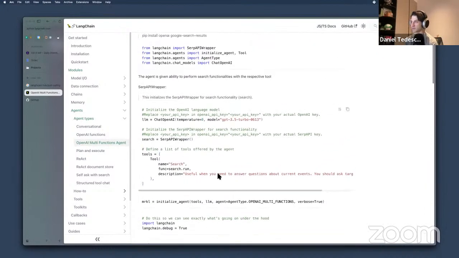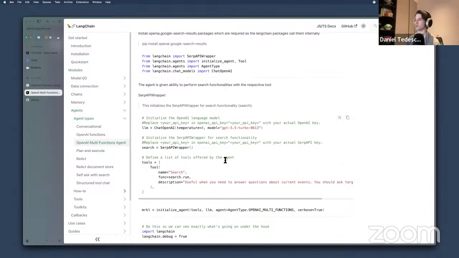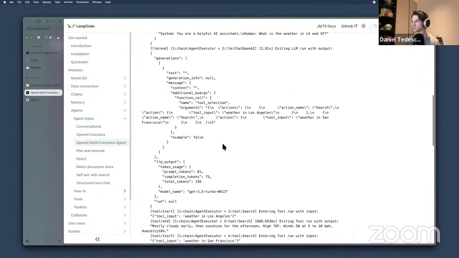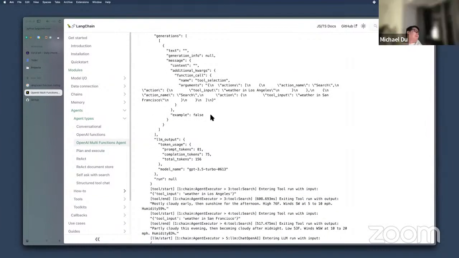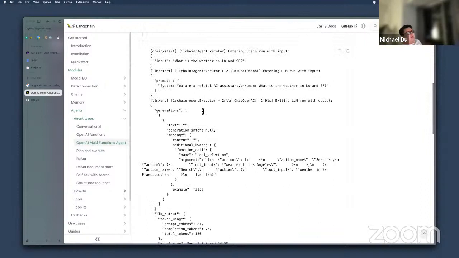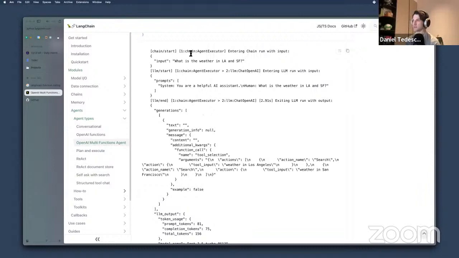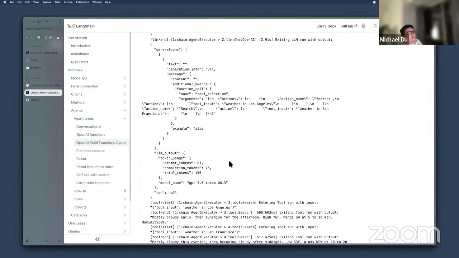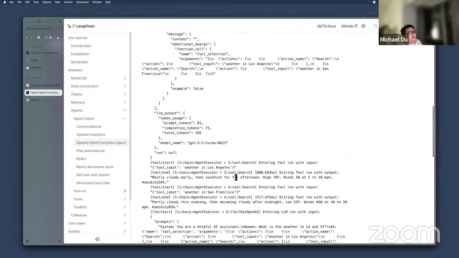This is another case where it'd be good to see a little bit more of what's going on under the hood. Maybe the tool selection came with the agent. It must have been this agent executor doing tool selection first, based on the tools they have.